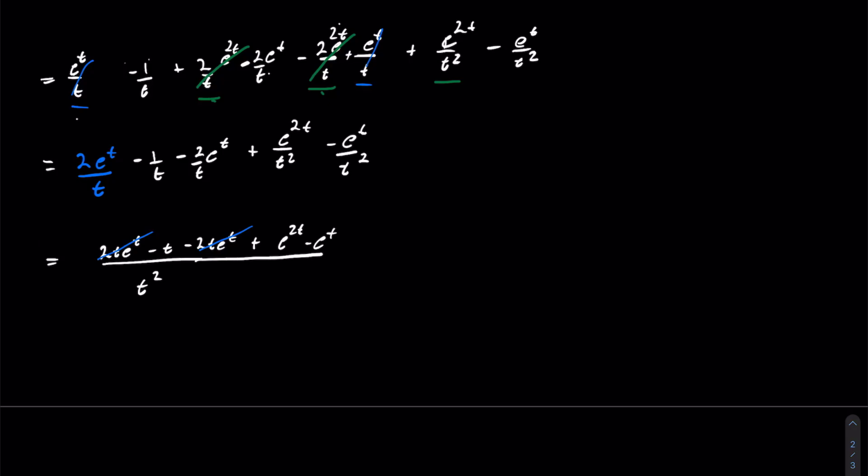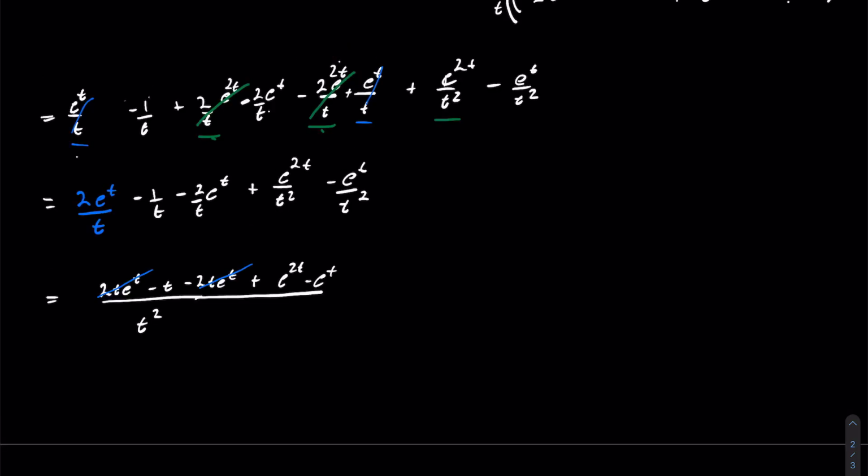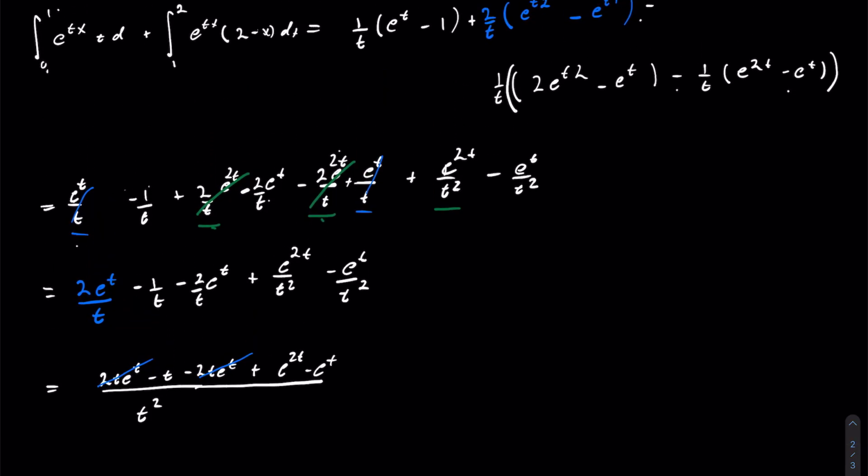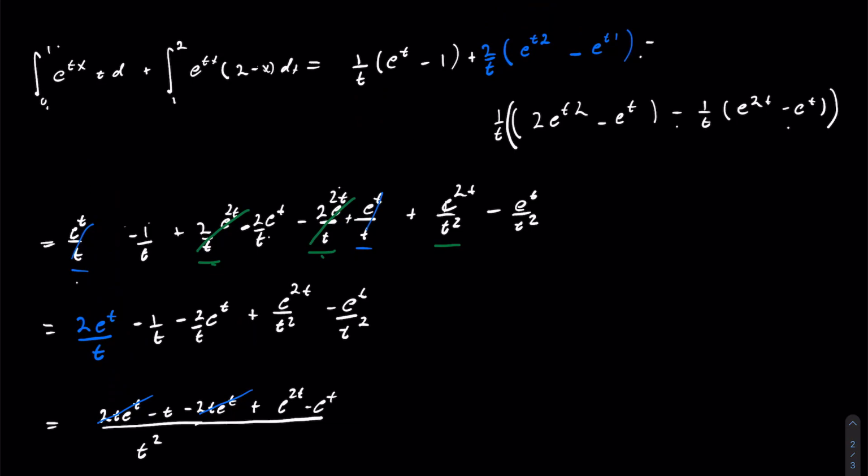Okay, so minus 2t. Okay, so I realized that I made a simple mistake here with adding and subtracting all these terms here,